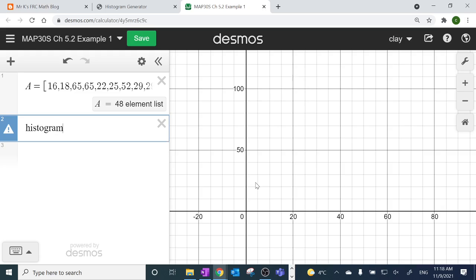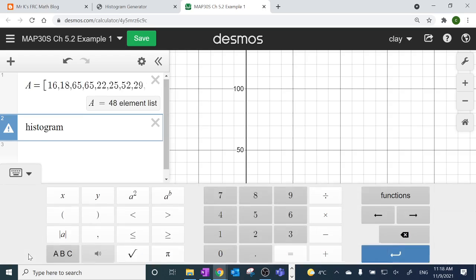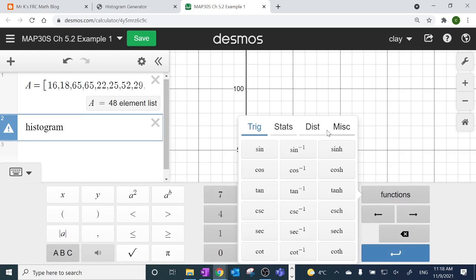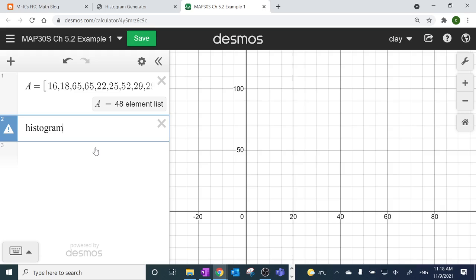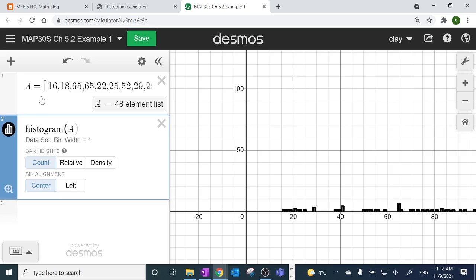Notice as soon as it recognizes something, it turns it into Times New Roman font for you. If that's too much typing for you, you don't want to type the word histogram, you can go into functions and distribution, and there's where histogram is. So histogram, now, to make it do a histogram, you have to open up, and notice when you open the bracket, it tells you what it wants in the bracket. The first thing it wants is the data set. Well, I only have one data set. I have data set A. So A goes here, data set A,